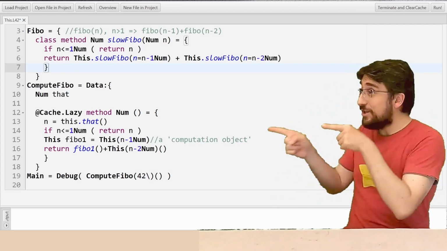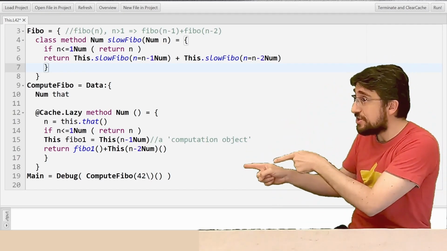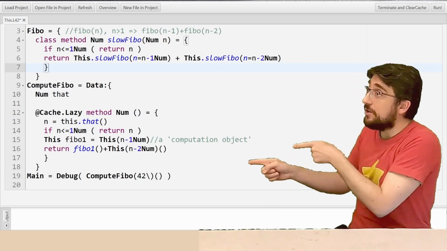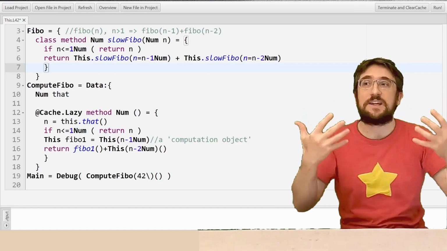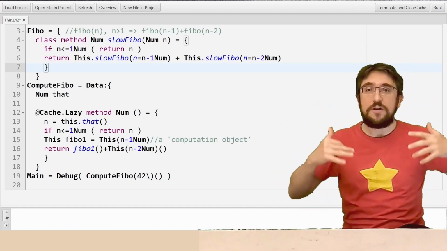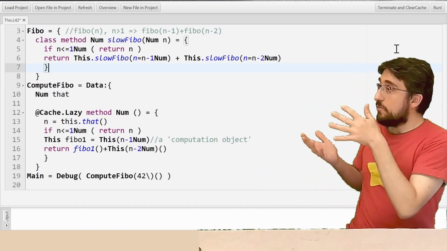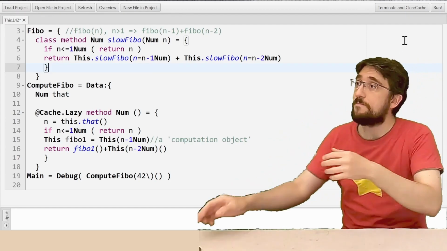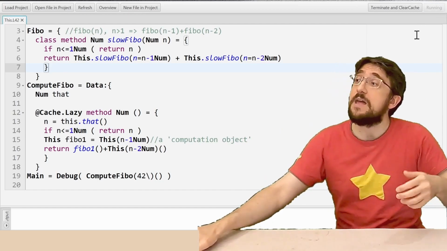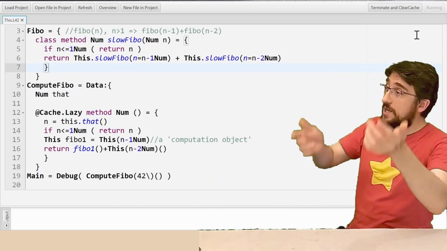This means that those two calls are going to be cached when we actually call them, and so they are just going to return the value of the computation as if they were accessing a field instead of recomputing the whole thing. We can have a main that runs our ComputeFibo for 42, and we can press run, and in just a moment you will see